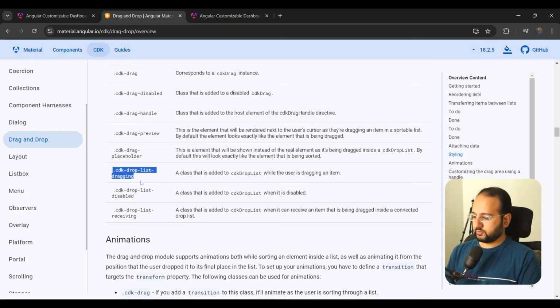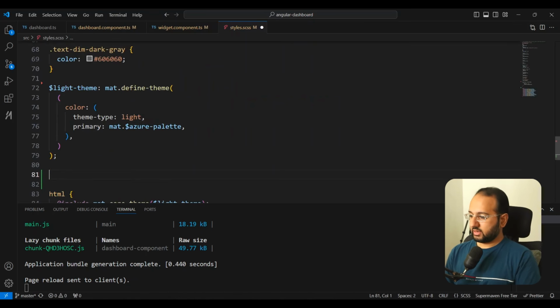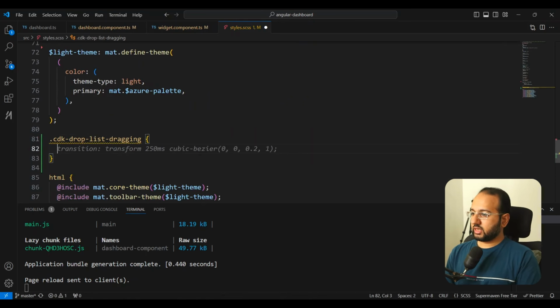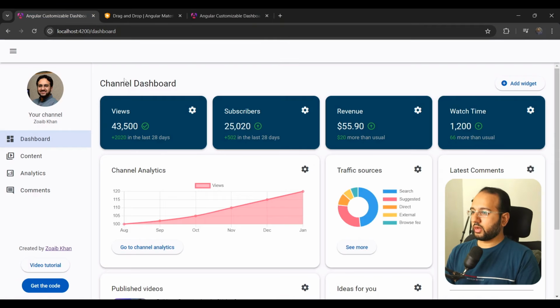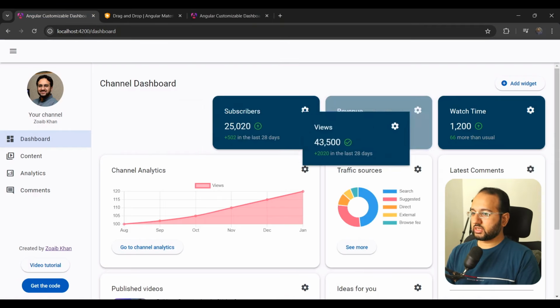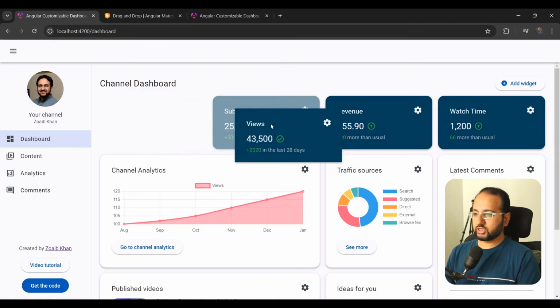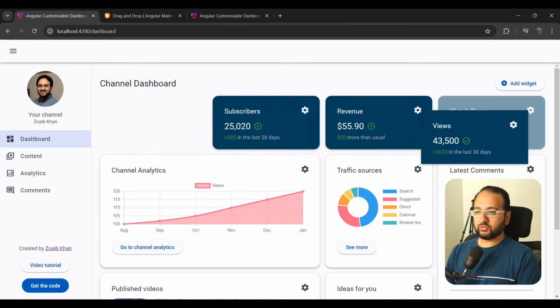Let's copy this in our global styles. Let's add the CDK class here, and within that we are going to change the opacity a bit to 0.5. All right. So now when you go back to this and you try to drop this, you can see that we have this nice opacity change to signal to the user that, okay, we are going to drop it here,